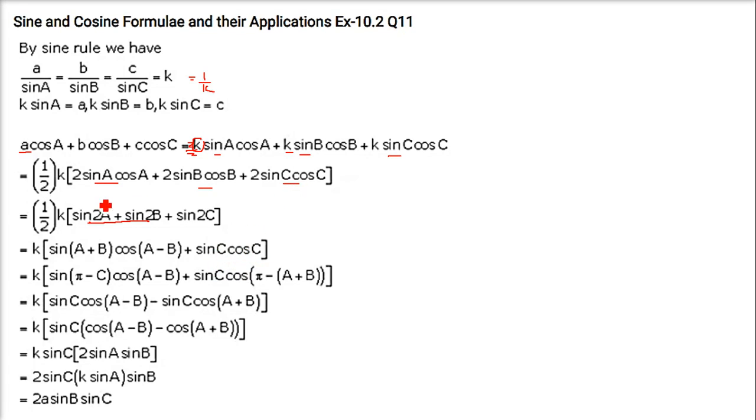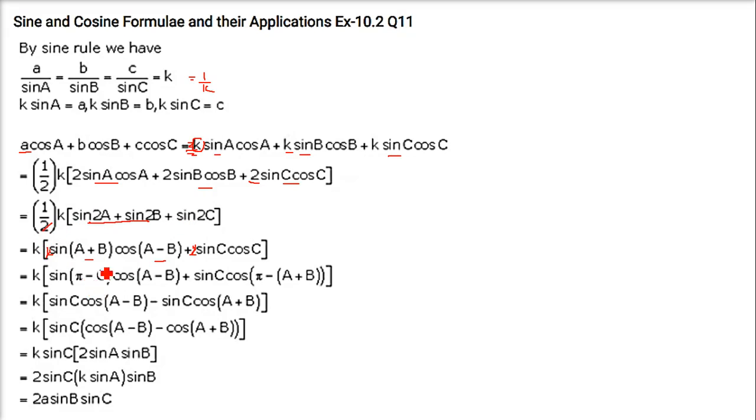Because I'm going to show you what is happening. See here, this is sin x plus sin y, it will be 2 sin of (x plus y) by 2, that is sin 2a plus 2b by 2, that is sin (a plus b). Now cos of (x minus y) by 2, that is 2a minus 2b by 2, that is cos (a minus b). Here it was 2, it was already 2, and here also 2 comes. We are taking this 2 outside, so it gets cancelled here.